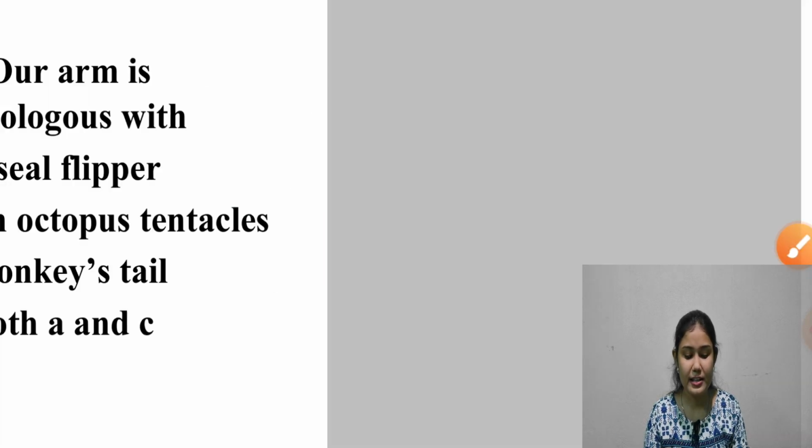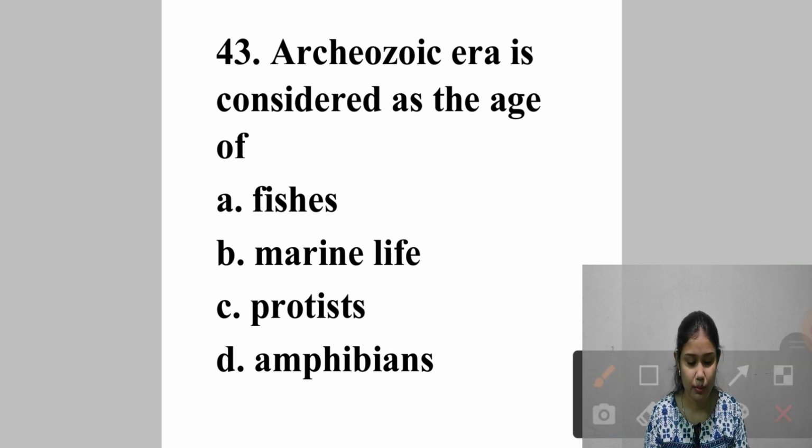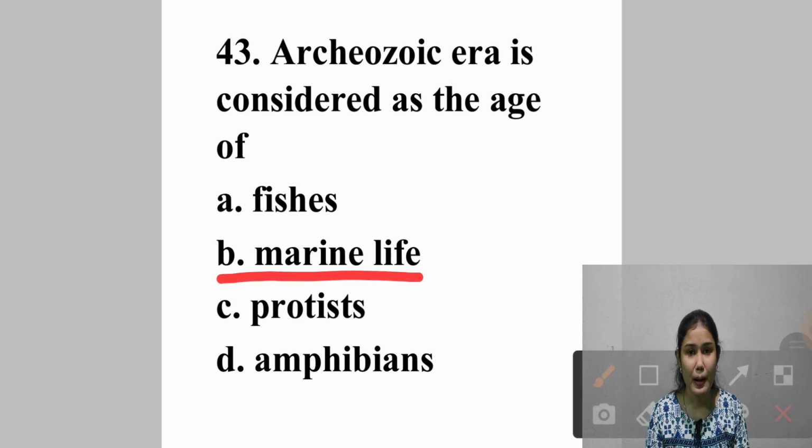Archezoic era is considered as the age of A, fishes, B, marine life, C, protist, D, amphibians. Okay, तो आर्कियोजोइक एरा में क्या दिखाई देते हैं? दिए थे हमारे marine life. Okay, so that was the age of marine life. Now come to question number